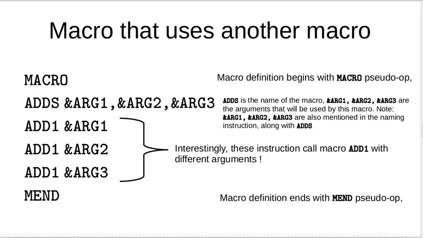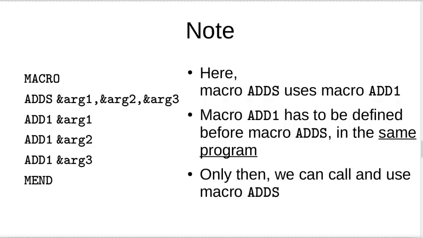Alright, so moving ahead, what can we note or what do we observe from the previous example? We observe a few things. Here macro ADDS uses macro ADD1. Obviously the main macro definition says ADDS, right? It's the name of the macro, but it is issuing calls to the macro ADD1, so it is using macro ADD1. So obviously, as we have seen previously in the beginning of this lecture, we made a simple observation that